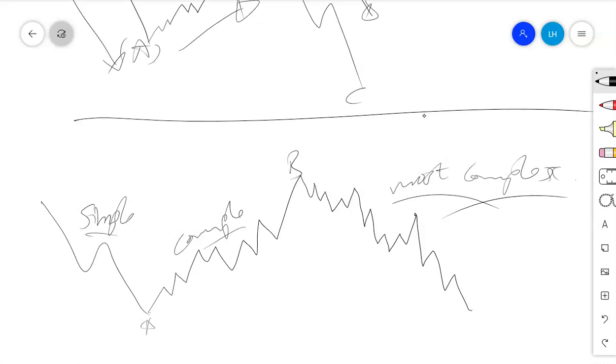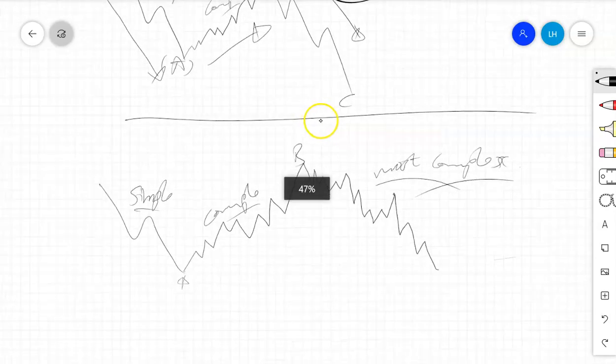It may appear sometimes, but it is not necessary all the time. But wave A being simple and wave B being complex, actually it must occur most of the time. It must occur. There will be alternation between those wave structures. So now those are what to call the advanced concepts.